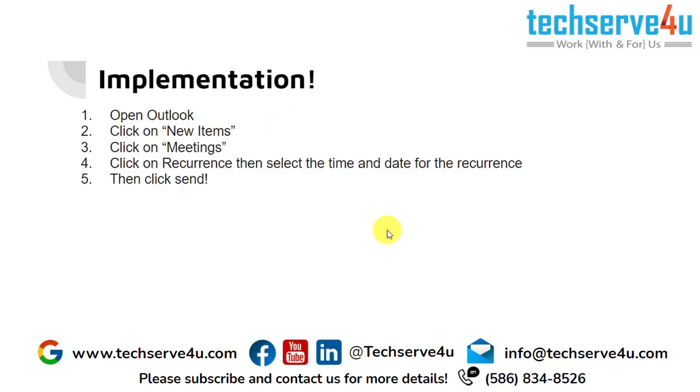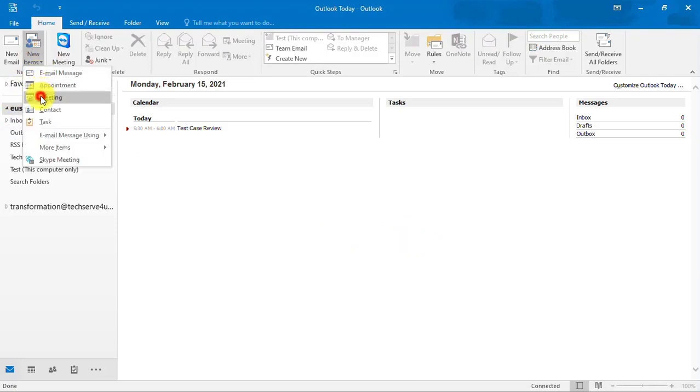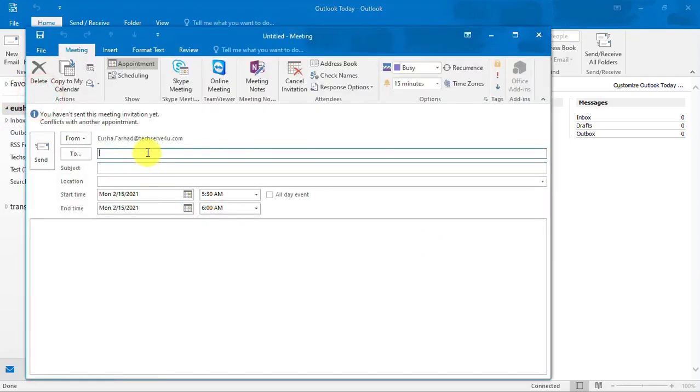Now let's get started. So now I am at my Outlook. First of all, I need to click on New Items, then click on Meeting. Let's say I'm going to select the To field as info.techsupforyou.com. The subject I'm going to give, let's say, is Documentation Review, and then I'm going to add a body. Let's say I'm going to say